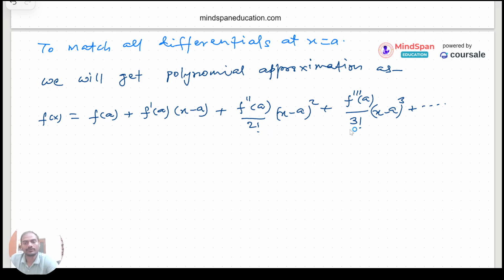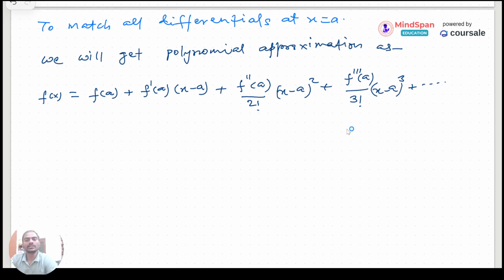ताकि ऐसा क्यों लिखा हमने, ये पॉलिनोमियल के कोफिशिएंट हमने इस तरह से क्यों लिखा? इसलिए लिखा क्योंकि इसमें यदि हम उतने टाइम्स डिफरेंशिएट करें, जो वैल्यू हमें ऑलरेडी पता है, फंक्शन का वैल्यू ए पे पता है, सारे डिफरेंशियल ए पे पता है, तो जो जो चीजें हमें ऑलरेडी पता हैं वो एटलीस्ट एग्जैक्टली आउटपुट देना चाहिए, वो अप्रोक्सीमेशन एग्जैक्ट होना चाहिए। तो वो डिफरेंशियल एग्जैक्ट मैच होने के लिए हम इसको यदि थर्ड डिफरेंशियल तक जाएं तो सारे पीछे वाले टर्म वैनिश हो जाएंगे और सिर्फ यही टर्म बचेगा। तो ये जब थ्री बार पीछे आते जाएगा एक एक करके तो ये फैक्टोरियल थ्री यहाँ पे ऊपर में बनेगा, राइट।